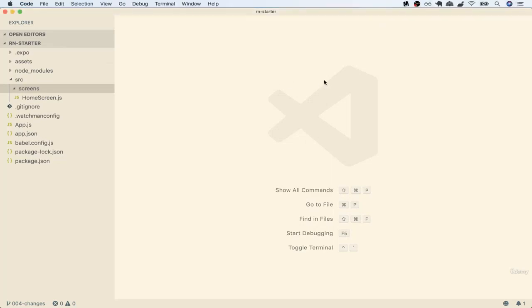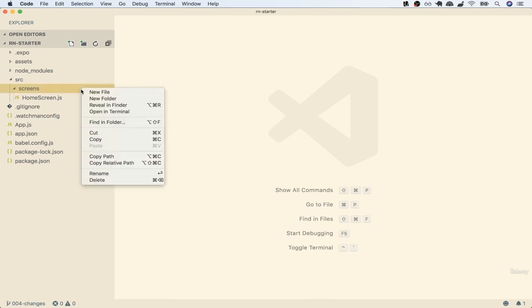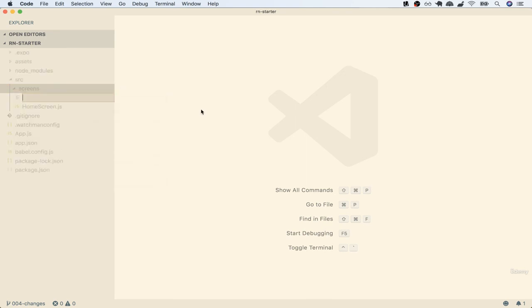In this video, we're going to get a little bit more familiar with the React library itself. To get started, I'm going to find my src directory inside my code editor. Inside there is the screens directory. Inside the screens directory, I'm going to make a new file called